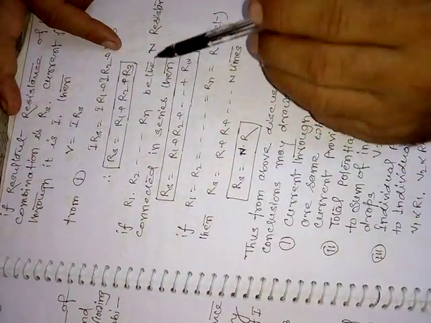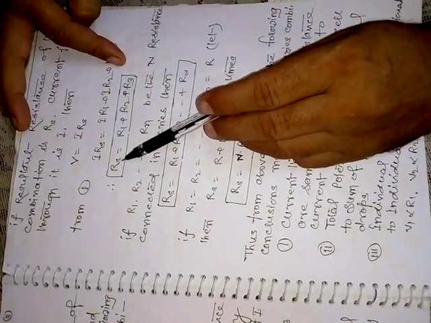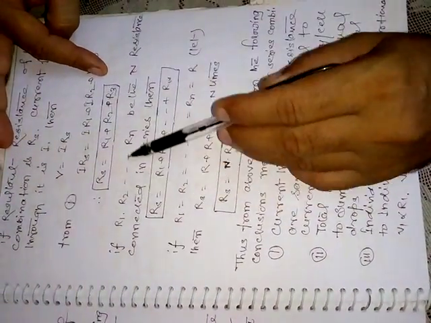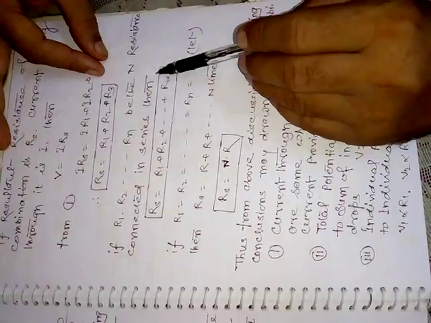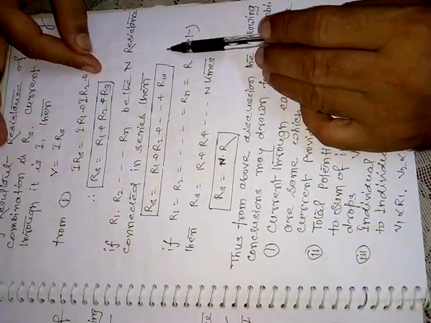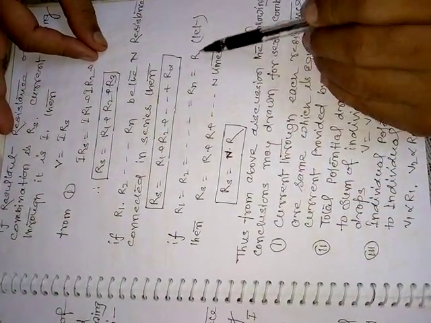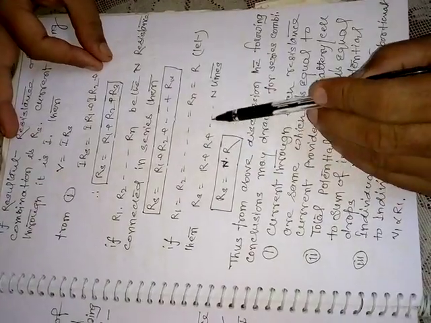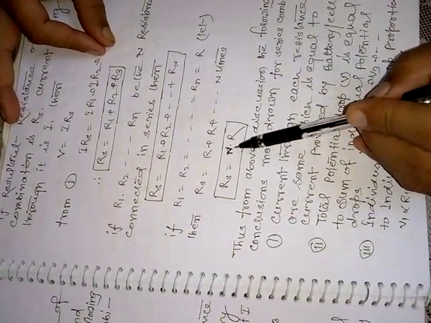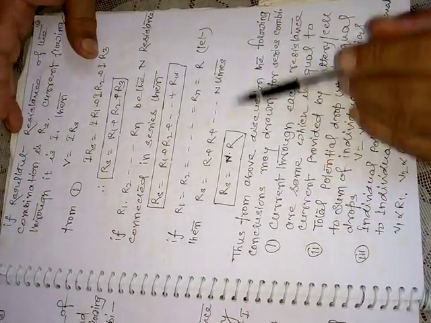It means in series combination the sum of individual resistances is equal to resultant resistance. Suppose if we have n different resistances R1, R2 up to Rn and they are connected in series, then resultant resistance becomes R1 plus R2 up to Rn. And suppose if given resistances are same, then Rs is equal to R plus R up to n times. So finally we will get nR. Rs is equal to nR means as number of resistances increases in series combination, resultant resistance increases.